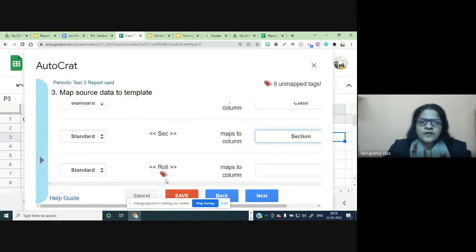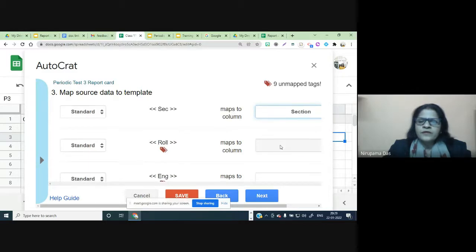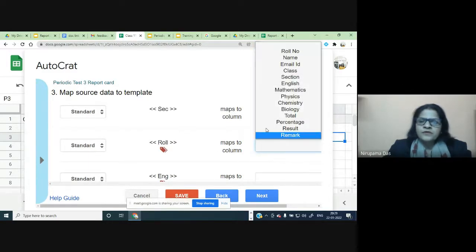So these tags are in the report card, and each one maps to a column, and these are the columns in the result sheet. Roll number, okay, we have roll number.